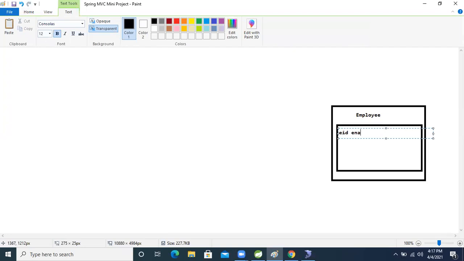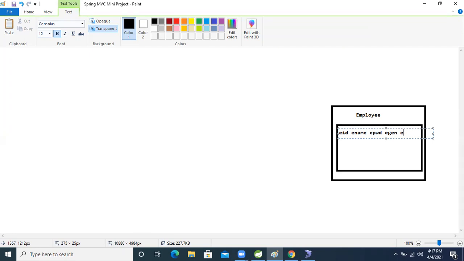eid, ename, epwd, password, then egender, ecountry. No language, multiple known languages, a different table will be created, right?